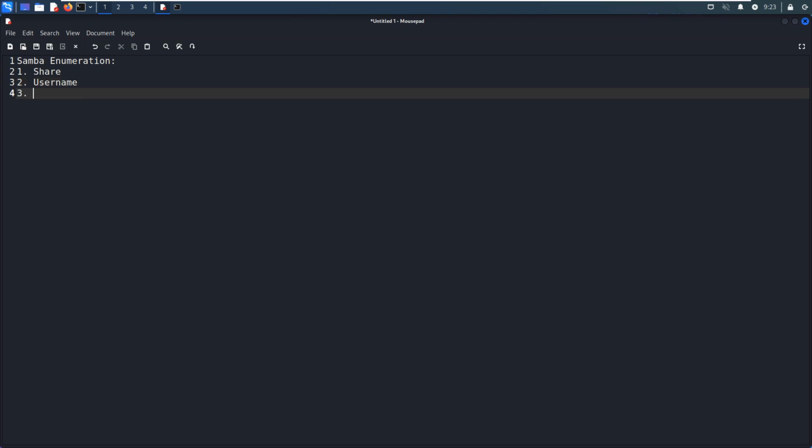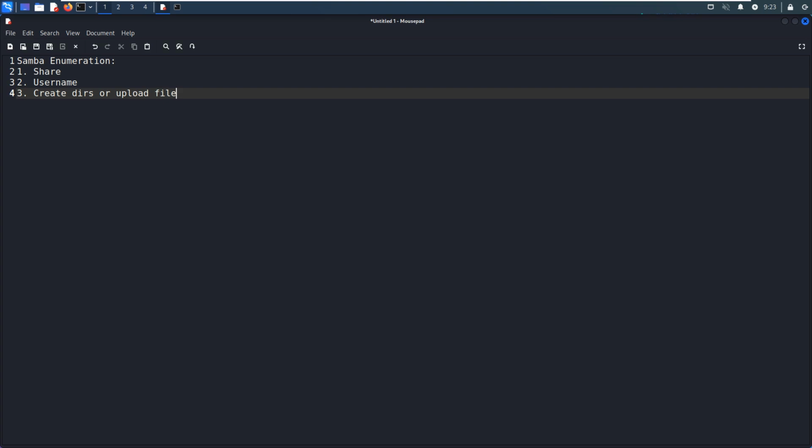And next, we need to check whether we have permission to create directories or upload files. Basically, these are the three major things which should be done in terms of Samba service enumeration.